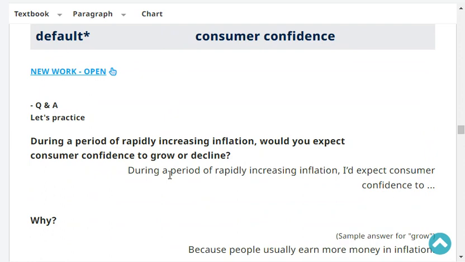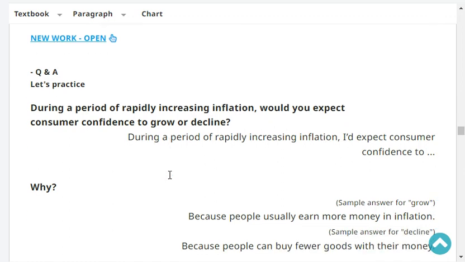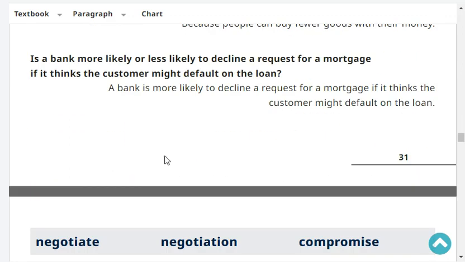Okay, during a period of rapidly increasing inflation, would you expect consumer confidence to grow or decline? During a period of rapidly increasing inflation, I'd expect consumer confidence to decline. Why do you think so? Because